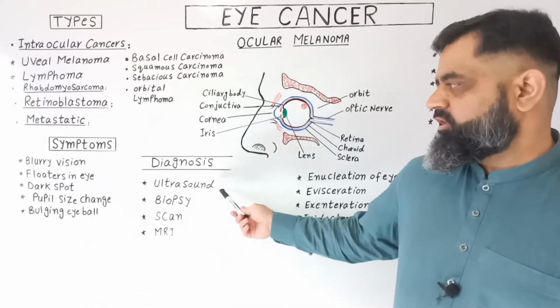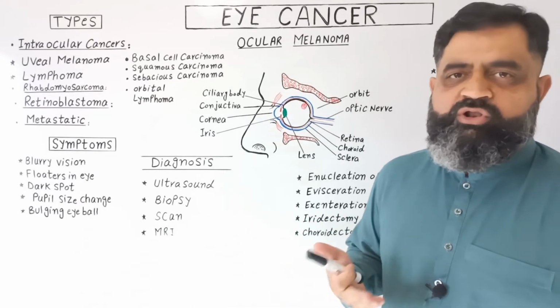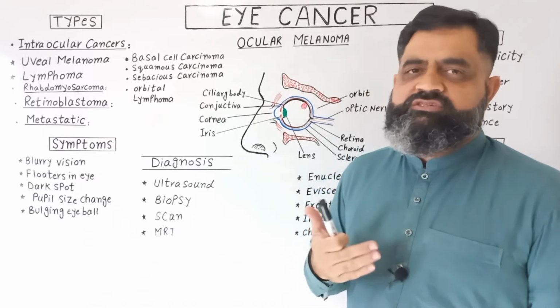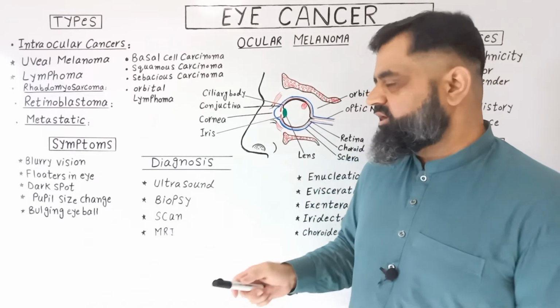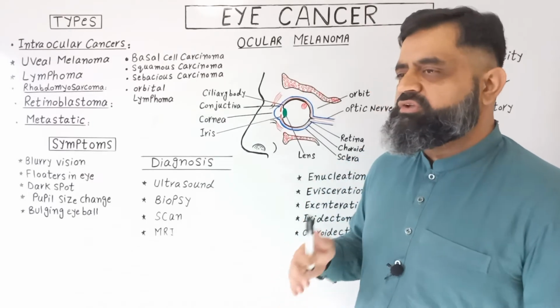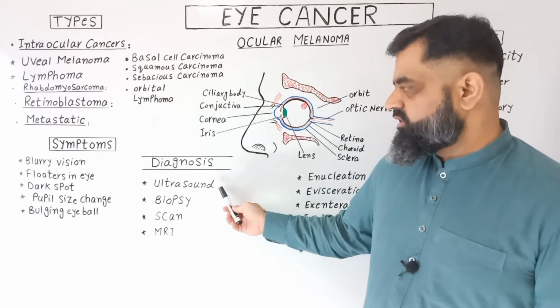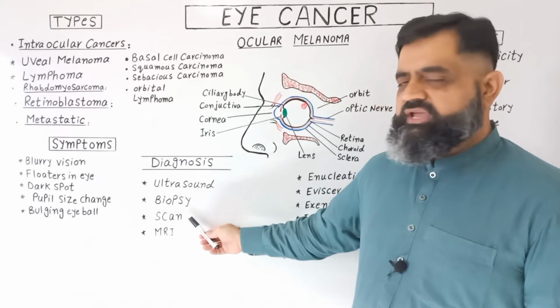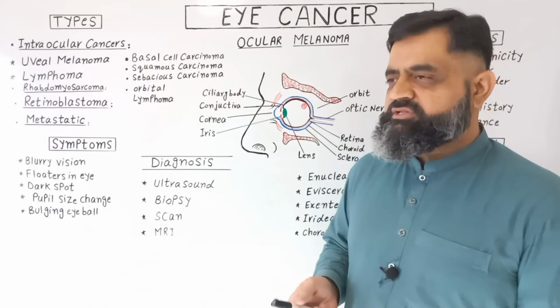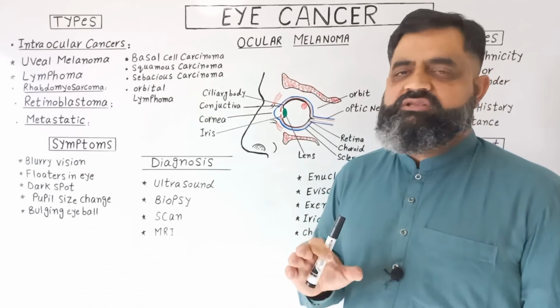First of all, if you feel any problem, an ophthalmologist usually does a basic study, and if he thinks that there is some problem, then he will send you to an oncologist. Oncologists use different methods to study if there is a cancer. Ultrasound is usually used, scan or MRI. These are also scans which help to diagnose cancer, and to confirm that there is a cancer, we have to